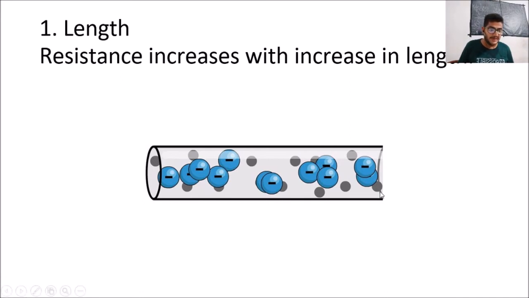If this much length is there, the resistance will be lower. If I extend the conductor like this, the resistance again increases, and it goes on. And if I compress the length, the resistance will be lower. So resistance is directly proportional to length,